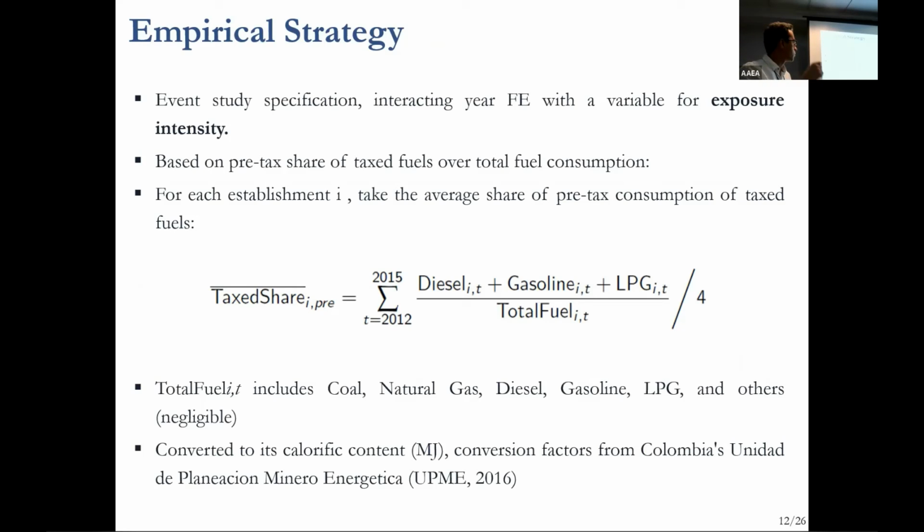And the way we construct this exposure intensity is basically we take all the fuels that are used by a given establishment before 2016, convert them to megajoules so we have the actual energy usage, and see what the weight of the actual taxed fuel, so diesel, gasoline, LPG, is over that total energy consumption before 2016. And that basically tells us how much of the energy that is used by a given establishment comes from a taxed fuel. So if 20% of your energy usage comes from taxed fuel, you're less exposed than an establishment that uses 80% of its energy from taxed